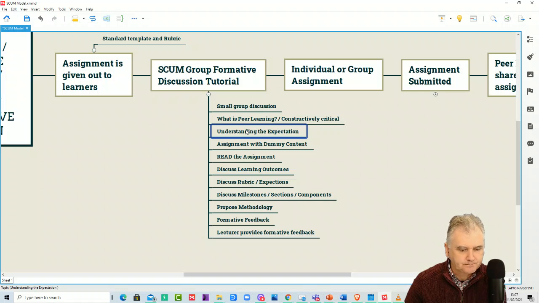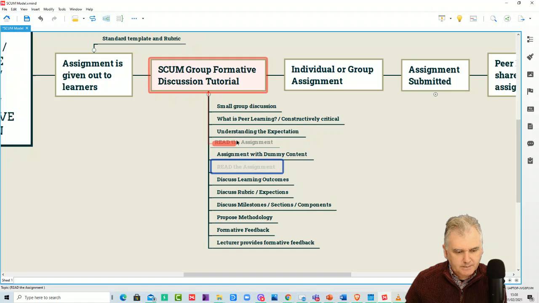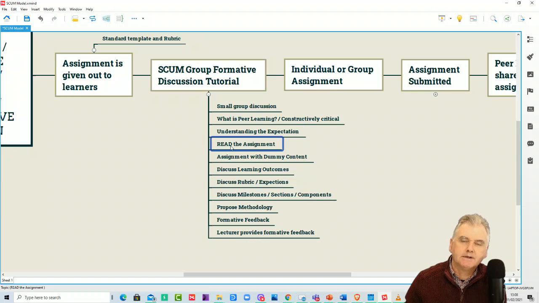Okay, and really what we're saying to people here is, read the assignment. And like I said, there's a difference between reading the assignment and really reading the assignment. They're different things. It's a bit like when you give somebody a job description and they're applying for a job, the first thing you want them to do is read the job description, really read it, and then go back and read it again. So part of this discussion was get them to read the assignment, understand what's required, understand the expectations. What is the person looking for here?